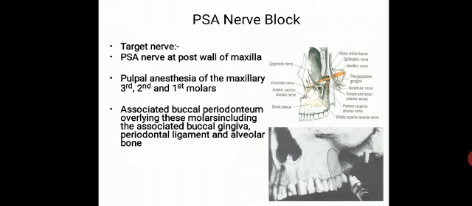The anatomic landmarks: mucobuccal fold and its concavity, zygomatic process of the maxilla, infratemporal surface of the maxilla, anterior border and coronoid process of the ramus of the mandible, and maxillary tuberosity.